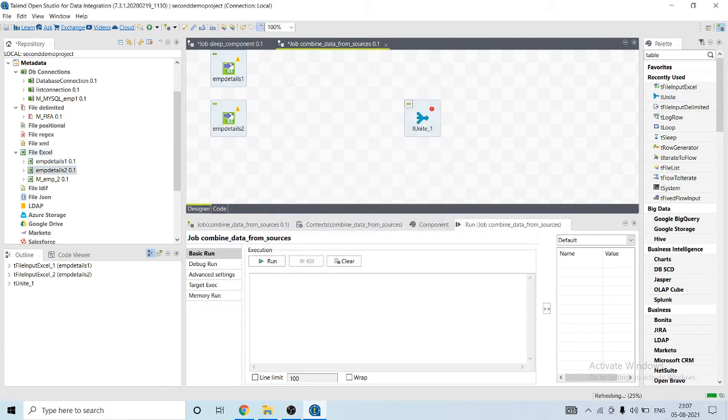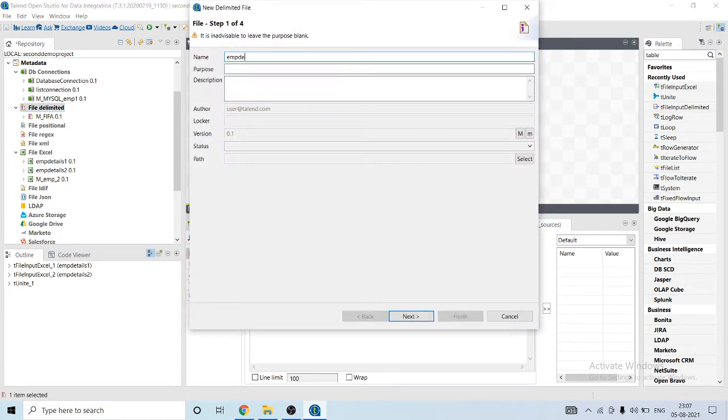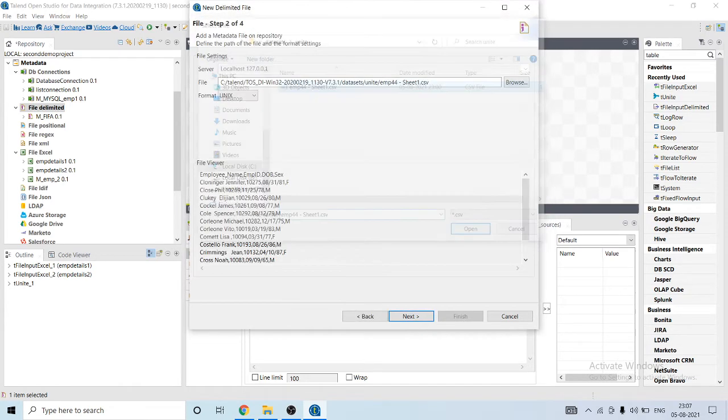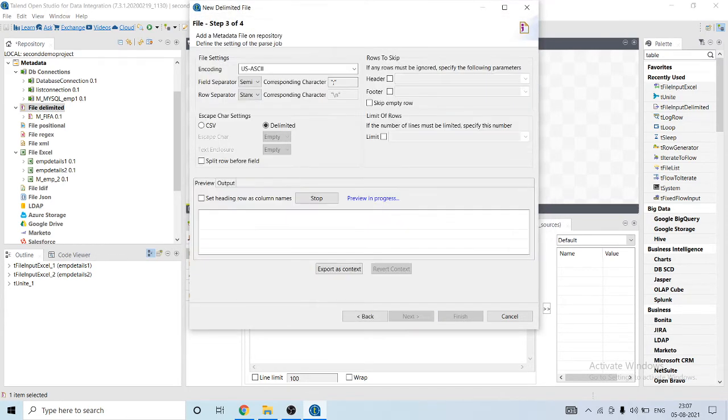Let's create a metadata for a CSV file. Let me load this. It should be comma separated. CSV stands for comma separated values. Click on refresh preview.